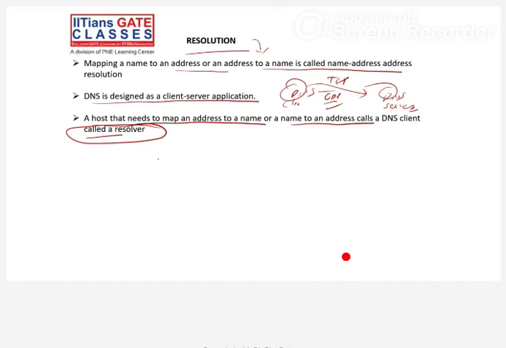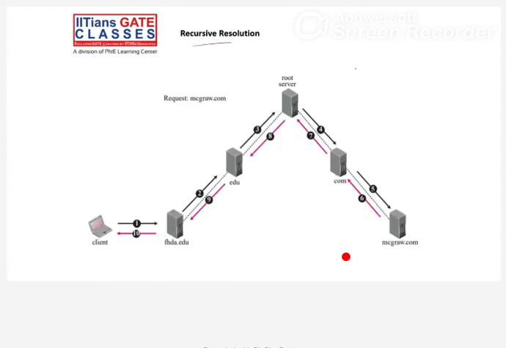So how do we implement the domain name system in the internet? The domain name system is a protocol that can be used on different platforms in the internet. The domain namespace is divided into three sections in the tree. First, generic domain. Second, country domain. Third, inverse domain. The generic domain and country domain are the normal mapping from name to IP, but the inverse domain maps from IP to name.